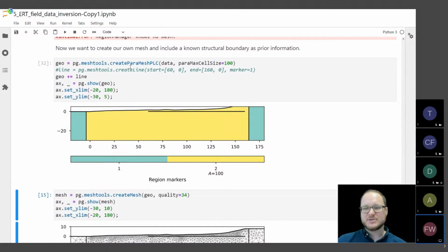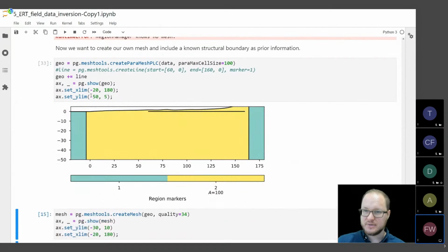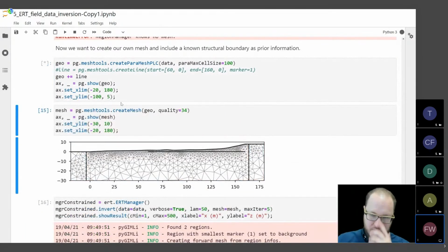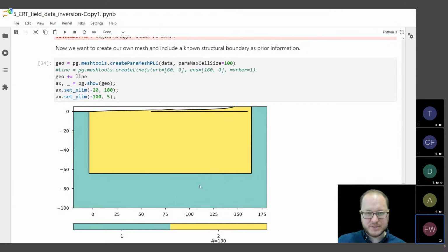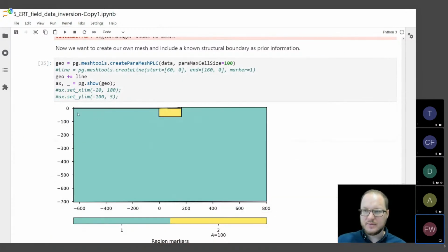Different from the traveltime inversion, we do not only have the parameter domain where we want to estimate parameters, but we also have this bounding region. In the yellow region, which has the marker 2, this is the parameter domain where we estimate parameters. And if I remove the axis limits, you can see the full extent of the region around it. This is an outer region where we don't estimate parameters, but we populate it with a prolongation of the parameters inside the parameter domain, and it's just used for repeated forward calculations to calculate a more accurate model response. And